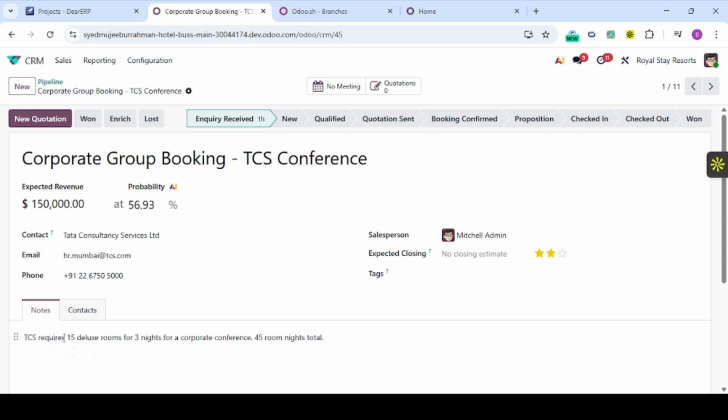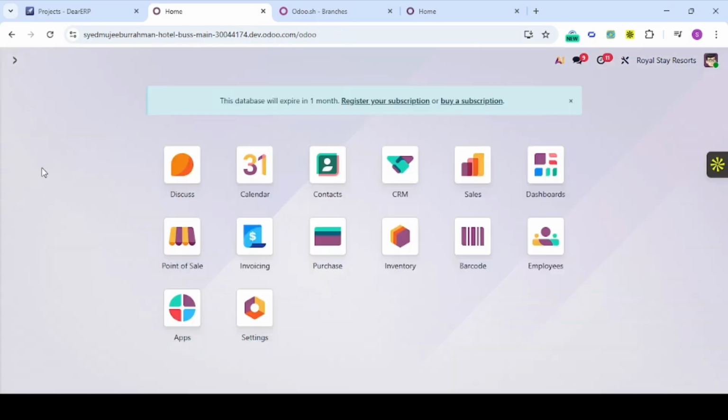This requires actually 15 deluxe rooms per 3 nights for a corporate conference and 45 room nights total. So if this kind of lead is coming, then everything will be created on one prompt only. There are many stages also created here if you see clearly, and then we can easily see